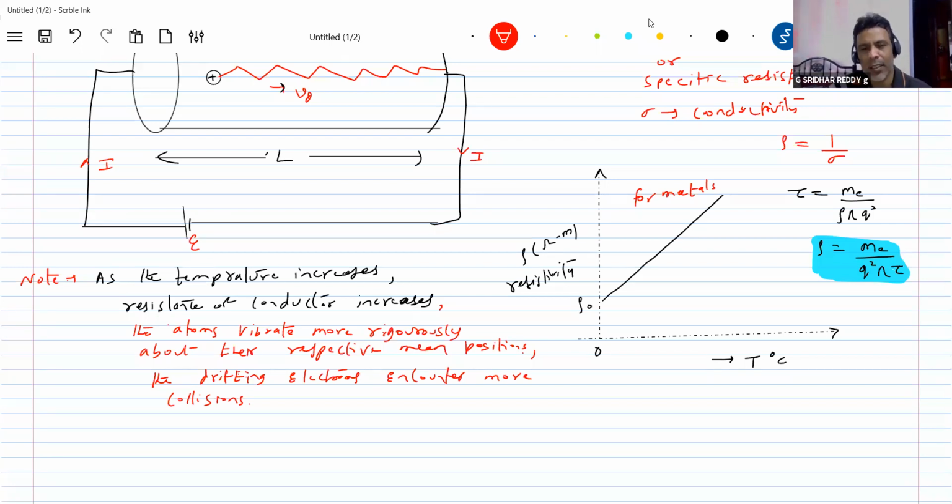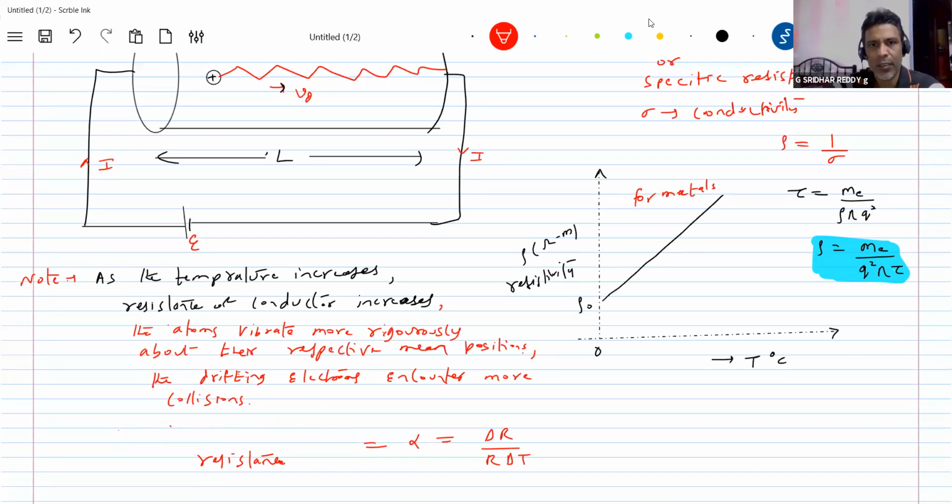So this particular alpha, I'll define now. The resistance is varying, so the ratio of that. Here we'll define the coefficient of thermal resistance: alpha equals delta R by R into delta theta. Like how we had the coefficient of linear expansion, similarly the coefficient of thermal resistance, or temperature coefficient of resistance. I think we will follow the NCERT term, otherwise you'll get confused.